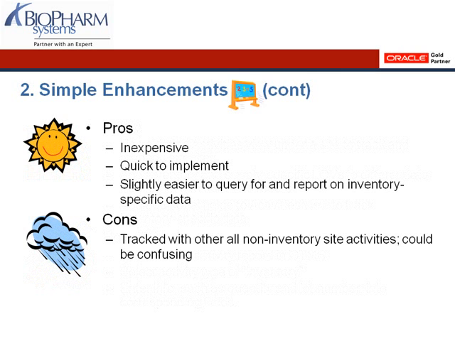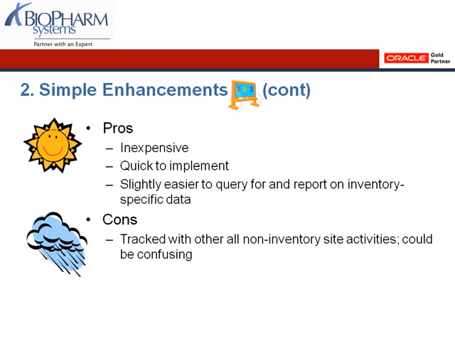So again, the pros to this, the benefits of this, is it is relatively inexpensive. Those of you that are familiar with Siebel development know that adding a few extra attributes on an existing view or screen can be done fairly straightforwardly. It's quick to implement, and it's slightly easier to query for and report on inventory-specific data. So now that we have those additional fields, we can query for the inventory records, and then be able to either export that or run a report and look at the quantity and lot numbers and things like that